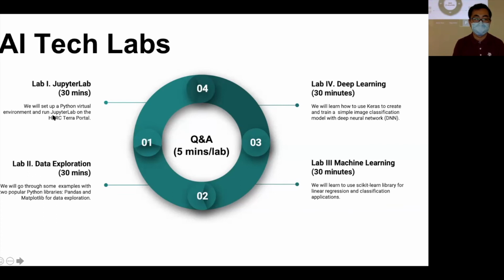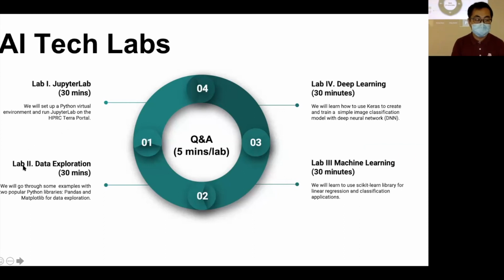So I will teach you how to run a Jupyter Lab on the HPRC Terra portal. Maybe some of you have heard about our Grace cluster. It's under maintenance today, so we decided to use the Terra cluster today.